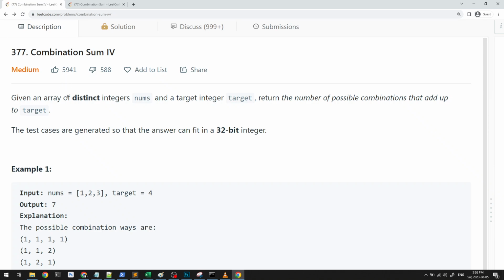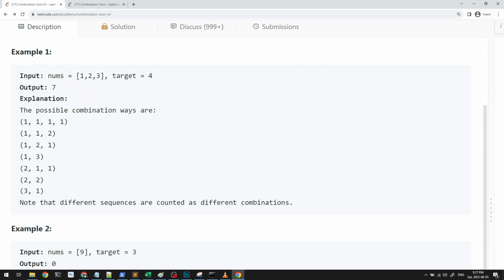In this question, we're given an array of distinct integers called nums and a target integer called target, and we want to return the number of possible combinations that add up to target. For example, if you have the nums 1, 2, 3 and a target of 4, we can see that there